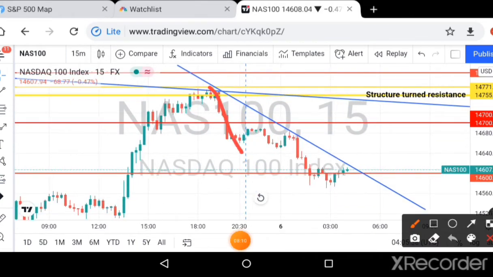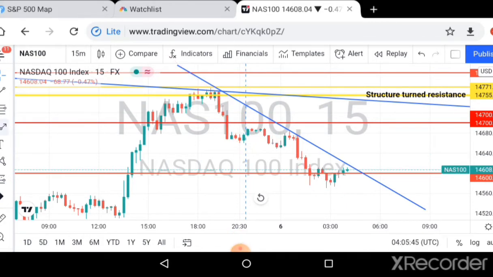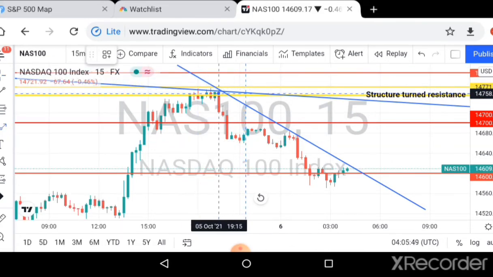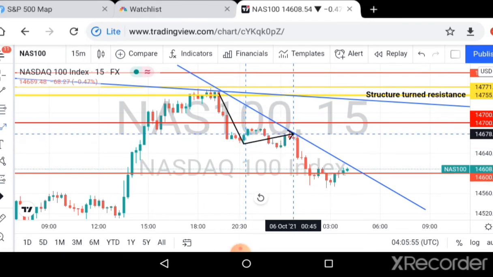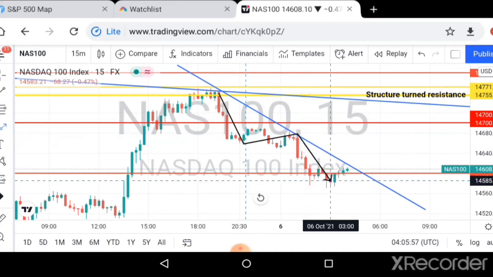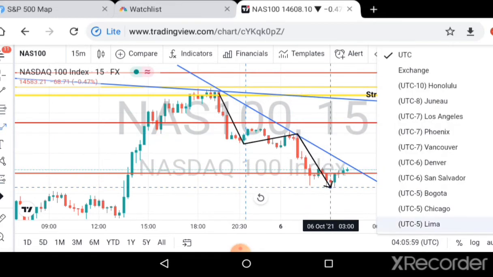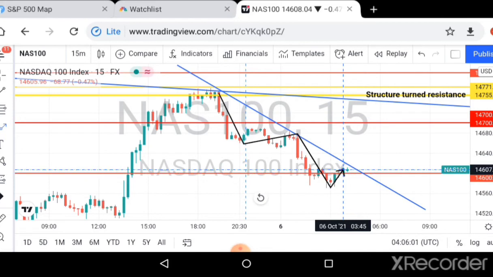This is your structure now to the downside. You have down, you have your pullback, you have continued to the downside. What did I do now? Okay, let me just mark it the right way. You have your down move, you have some kind of a consolidation, then this for me creates structure, then you have continuation to the downside,